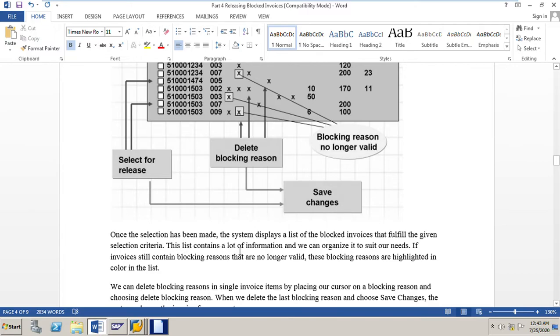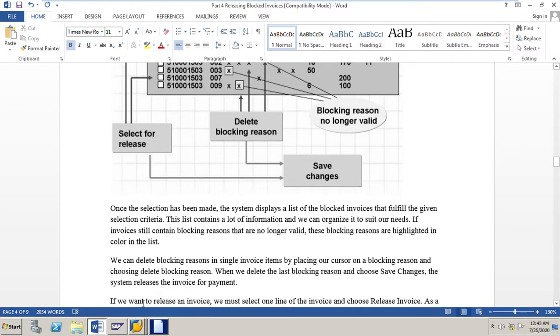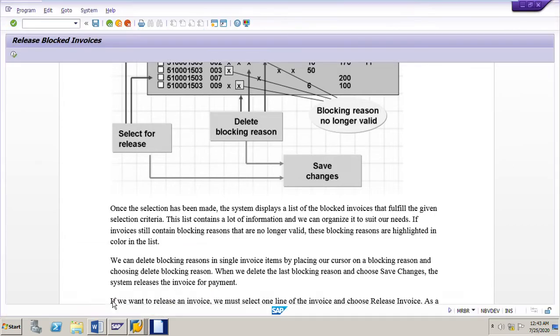Once the selection has been made, the system displays a list of blocked invoices that fulfill the given selection criteria. This list contains a lot of information and we can organize it to suit our needs. If invoices still contain blocking reasons that are no longer valid, these blocking reasons are highlighted in color in the list. For example, if we go here, release blocked invoices.